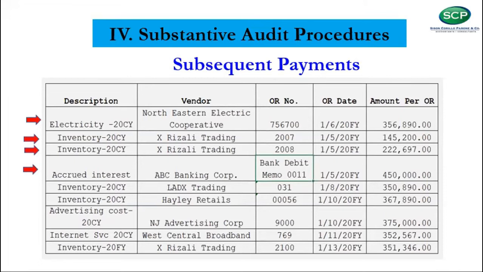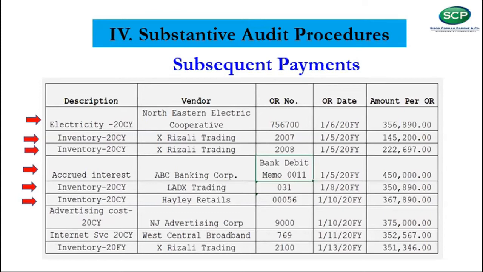Also on January 5, the company paid ABC Banking Corp for 20 CY interest on loans for 450,000 pesos. So may binayaran siyang interest. On January 8, 20 FY, the company paid LADX Trading for 20 CY inventory purchases for 350,890 pesos. And then on January 10, 20 FY, the company paid Haley Retails for 20 CY inventory purchases for